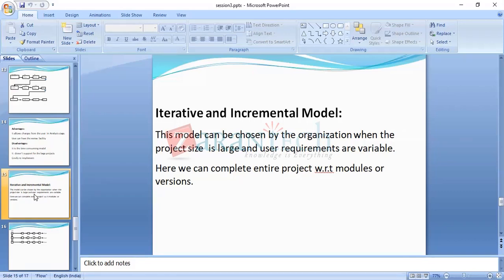In 2021 you have given me the requirements, and in 2031 I have given you the project. Then there is no use for that project, because people's style of living and thought process are going to change.